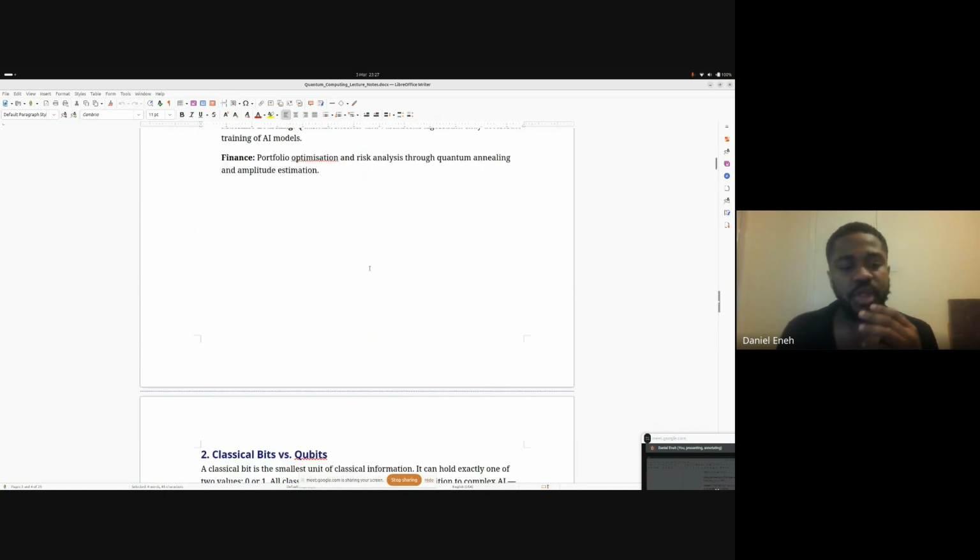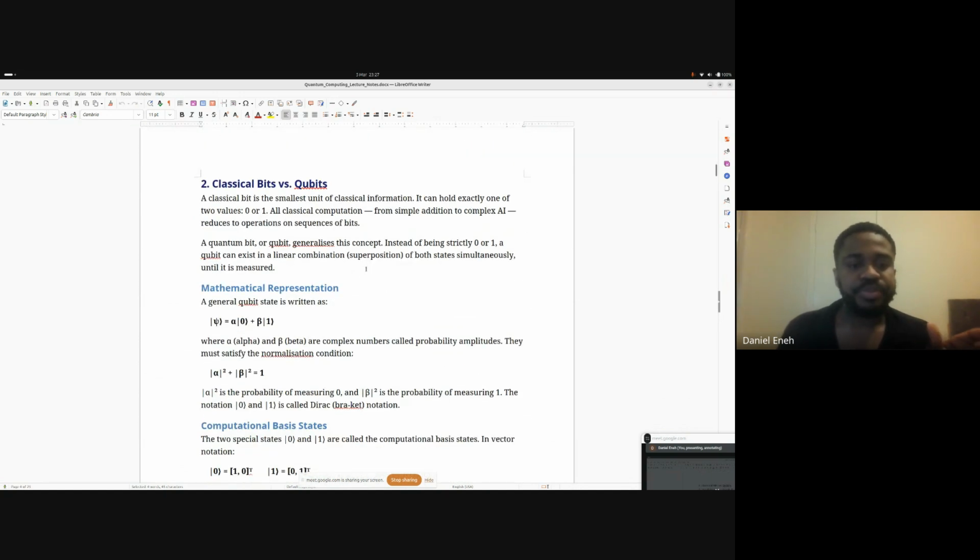So there are some key things you're going to need to understand in classical bits. In a classical data bit, you can either have 0 or you can have 1. But in quantum, instead of just being 0, it can be simultaneous, just as you can see stated here. So now we have a qubit, which is what we call it. So we'll do the exercise quickly.